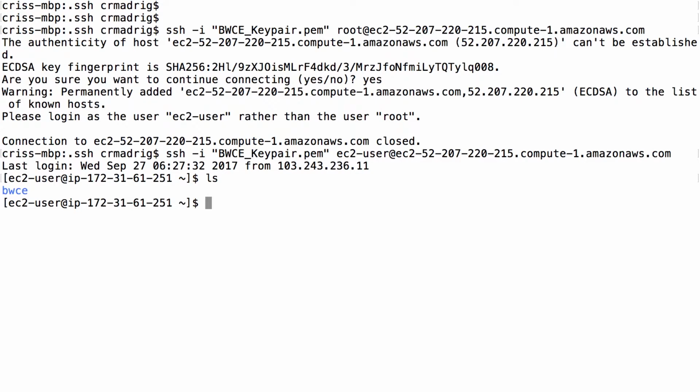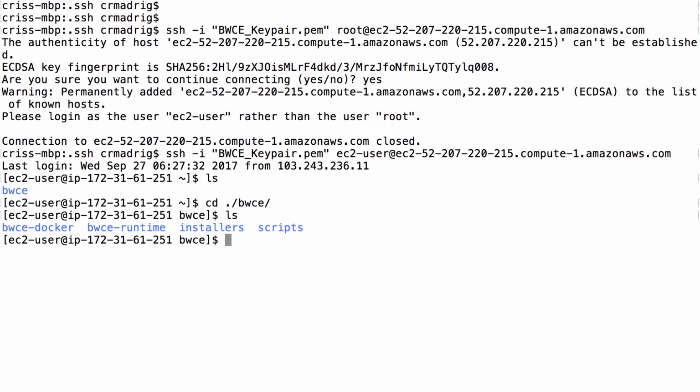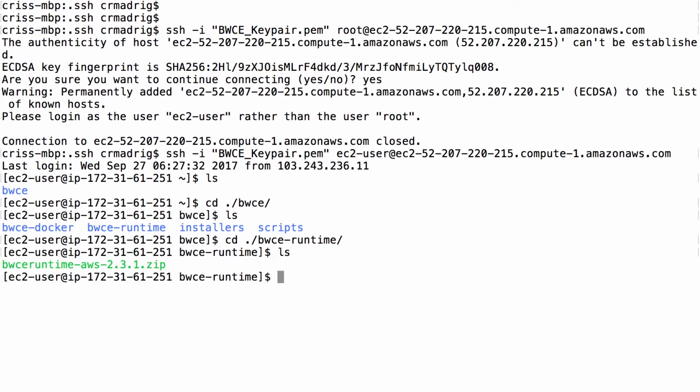So now that you've logged in, you just do ls, you can see that there's one folder, it's a BWC folder. So if we go further into it, we'll see different folders that are available. So the first one that I want to look into is the BWC runtime folder. And so this contains a zip file of the actual runtime that you need in order to build the Docker image